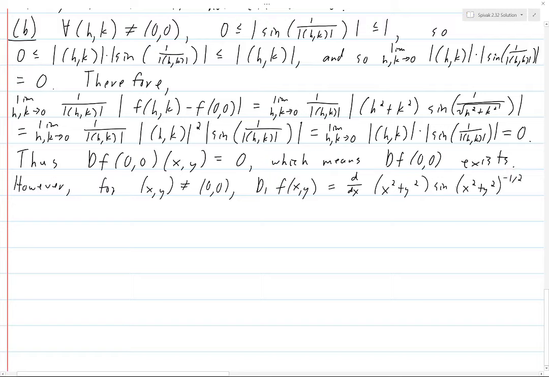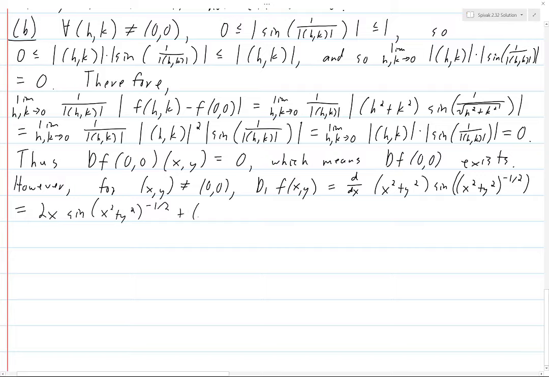And technically, this should be sine of this thing, so there should be another set of parentheses, but this extra set of parentheses I just wrote, I'm usually going to leave out, because I don't want to write that many parentheses. So yeah. So now we just use calculus. So this is 2x sine x squared plus y squared to the minus 1/2 plus, and now we leave x